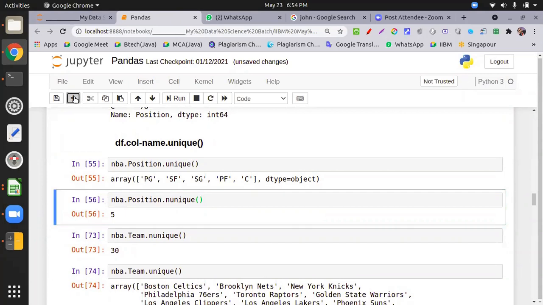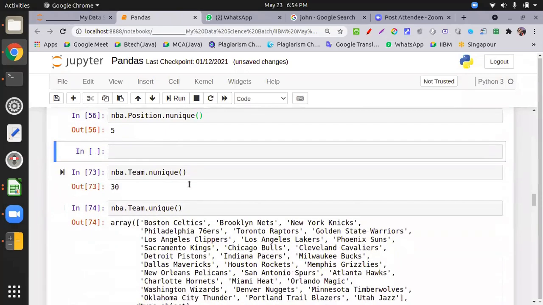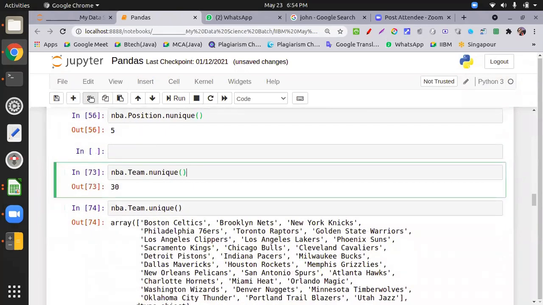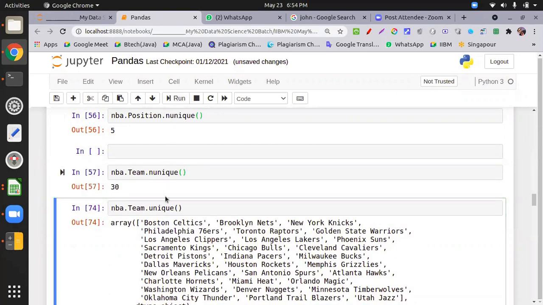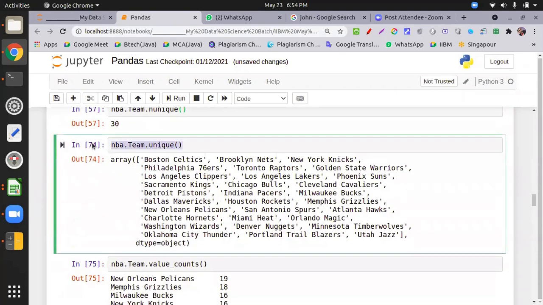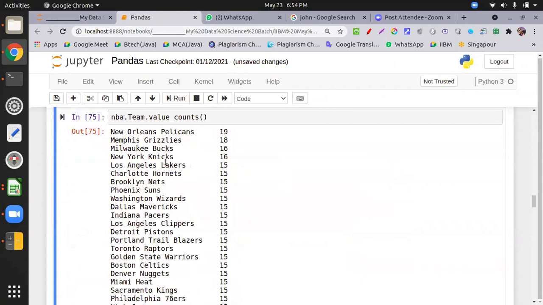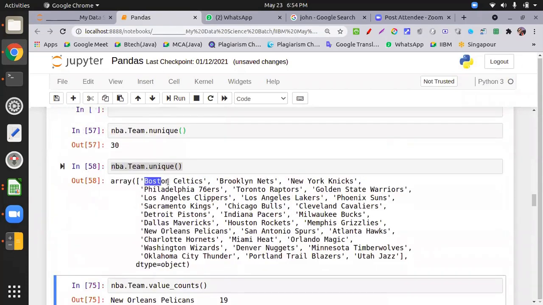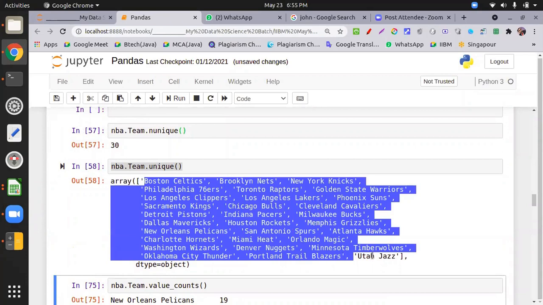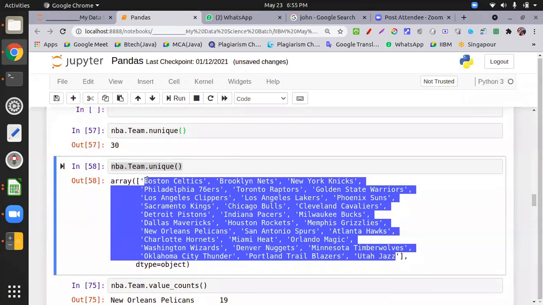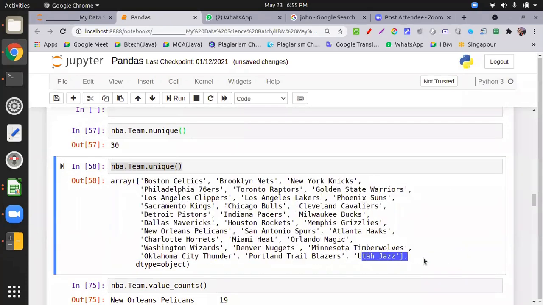Similarly, if I want to know how many teams are unique, the number of unique teams is 30. And what are the names of the 30 unique teams? Boston Celtics. These are arranged from A to Z. Check this one: Boston Celtics to Utah Jazz.